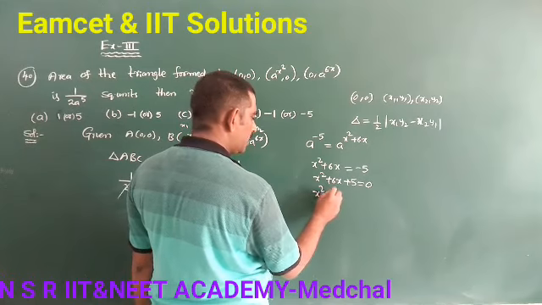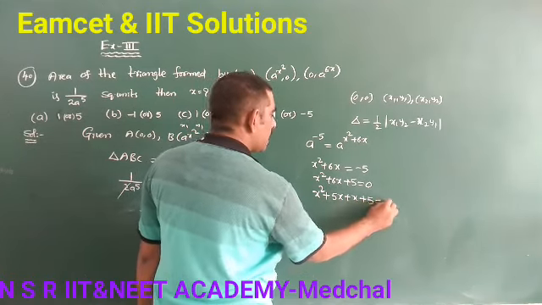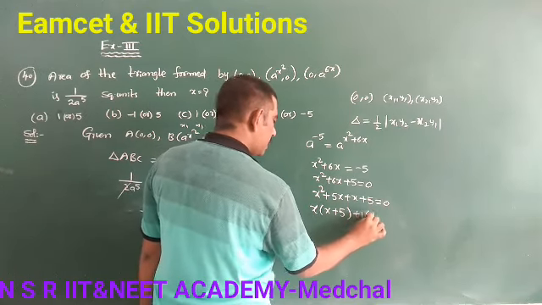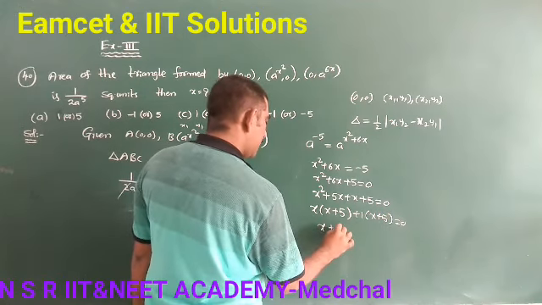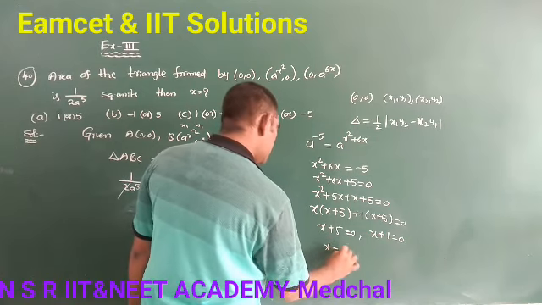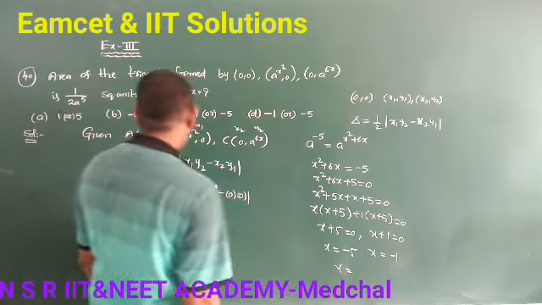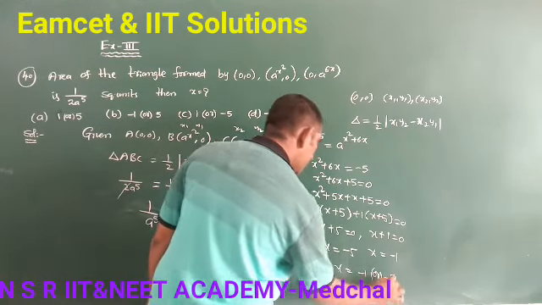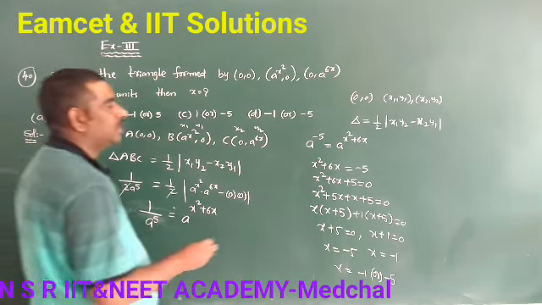So find the roots of x. 6x we can write as 5x plus x. Take x common from the first two terms and 1 common from the others, giving x plus 5. So the roots: x plus 5 equals 0 and x plus 1 equals 0. We get x equal to minus 5 and x equal to minus 1. So our values are x equal to minus 1 or minus 5. So our answer is D.